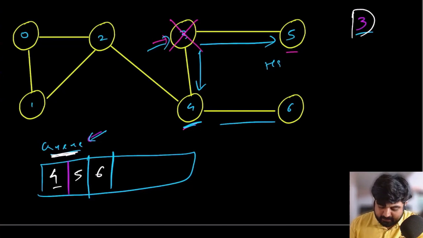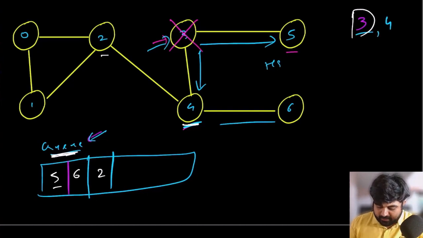Again we repeat the same thing. We pop 4 out and we move all the values. Currently the values that are there are 5 and 6. And also I forgot that 4 also has the neighbor 2. So apart from 6, 2 is also one of the neighbors, and after that we would pop 4 out, and from 3 we would visit value number 4.